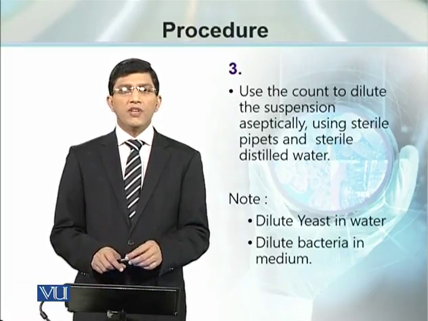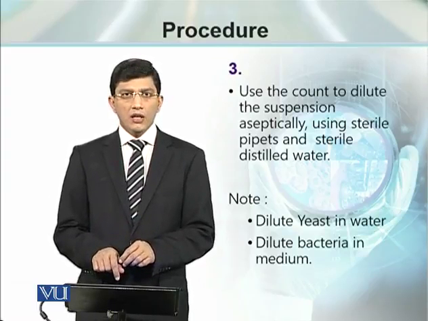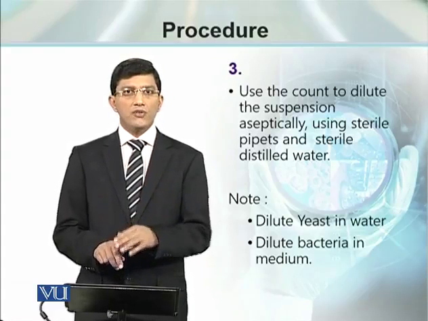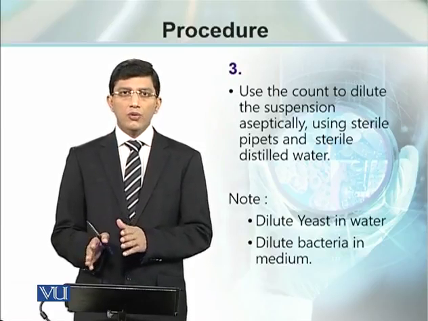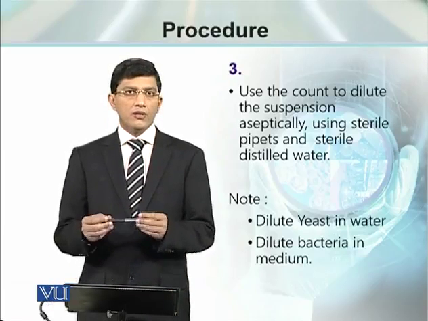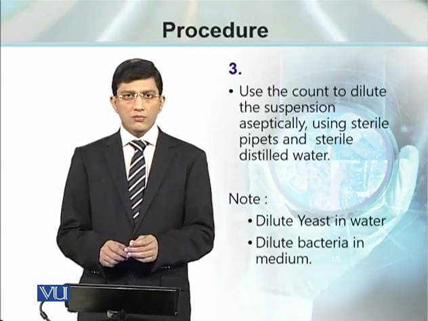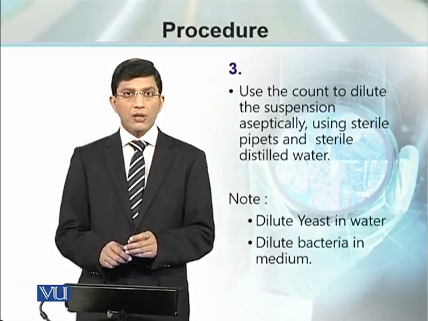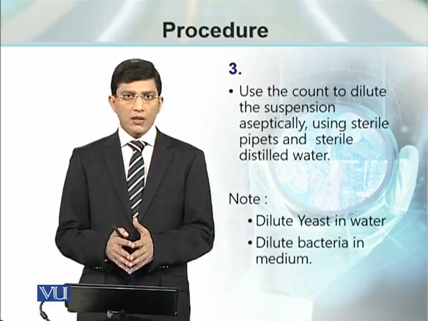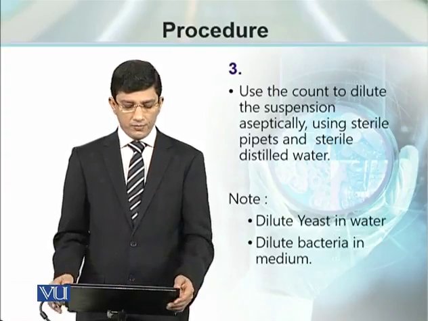Once the number of cells per milliliter have been counted using hemocytometer, we can dilute our sample so as to reduce the number of cells per milliliter and to go further for inoculation. If the sample is yeast, the yeast sample can be diluted using water, whereas the bacterial cell sample should be diluted with either the salt solution or the agar culture medium because of osmoregulation reasons.